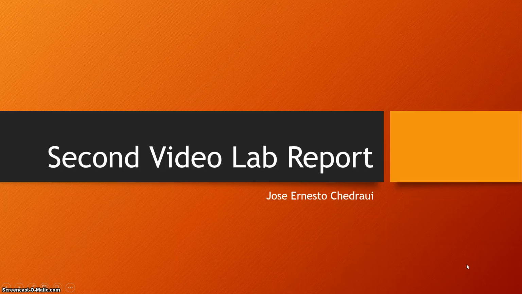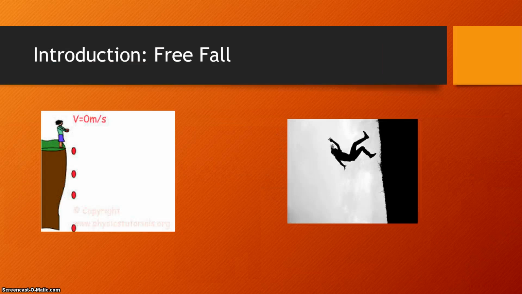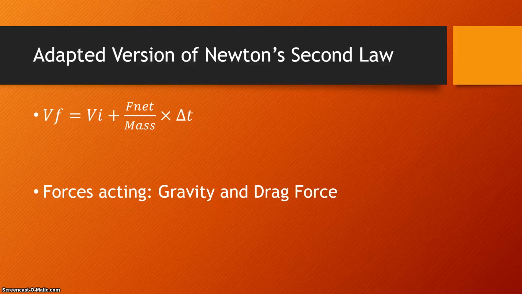The second video lab report consisted of filming an object falling vertically and somewhat slowly to later analyze the motion. I decided to film an empty carton soap box of mass 3.2 grams falling from an initial velocity of 0 meters per second. As I have probably mentioned in the last lab report, Newton's second law states that the acceleration in